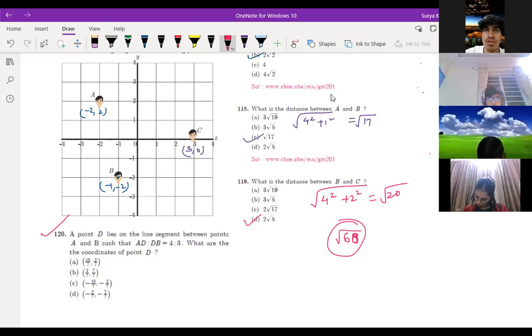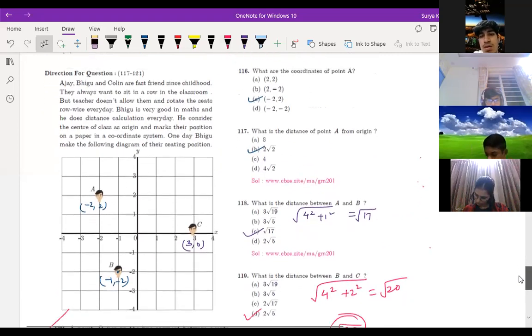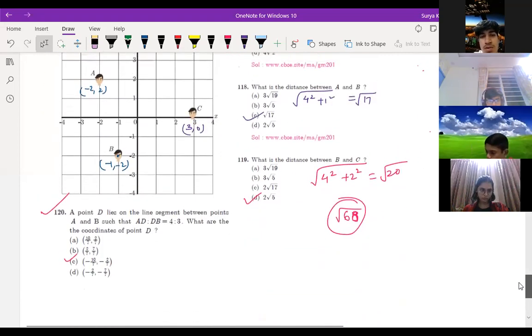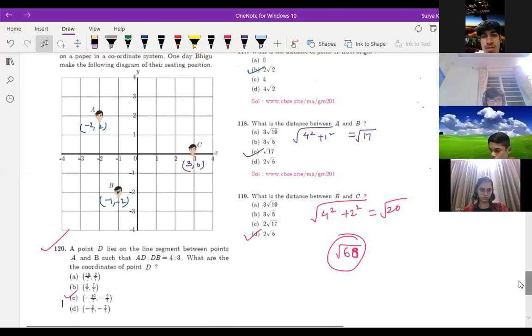So 128 I have already sent you, right? What 28th? What you have done? Yeah, it's C. Minus 10 by 7, minus 2 plus. This is a part of this question only, right? Or a different question? No, it's the same only. Achha, from this question, marked as 1, 2, 3, 4, 5. Achha. So here AD by DB is given 4:3. AD by DB. Where is D here?